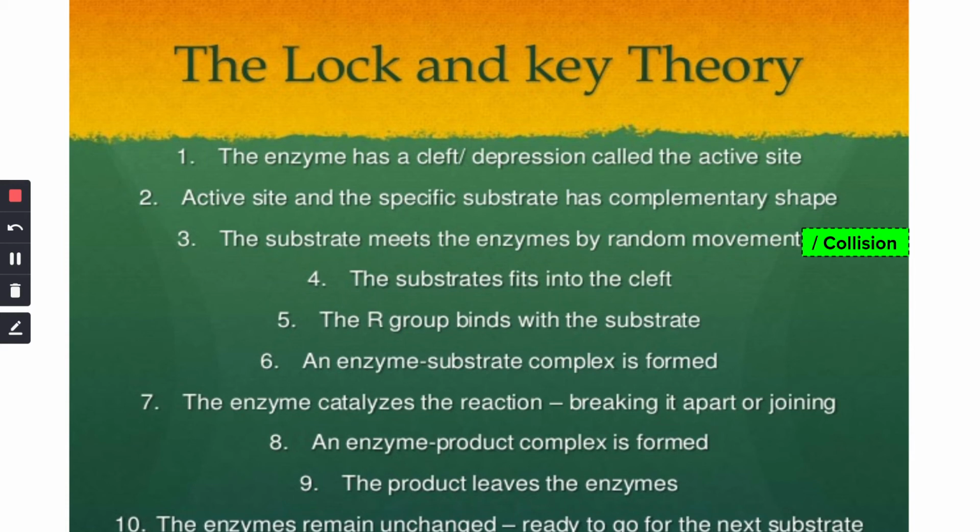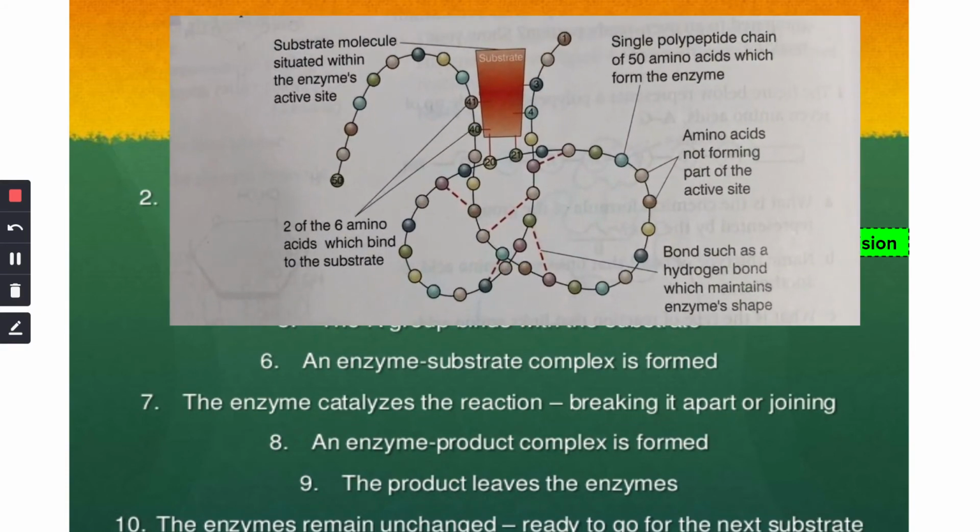If you have already paused and taken notes, I will now like to show you a diagram which explains the lock and key theory in a molecular fashion. So again we look at this polypeptide chain folded into a globular pattern. This is the enzyme actually, and you can see how the substrate also has some side chains, and the active site also has R groups. They will form temporary bonds, and this lowers the activation energy of the reaction, this enzyme substrate complex formation.